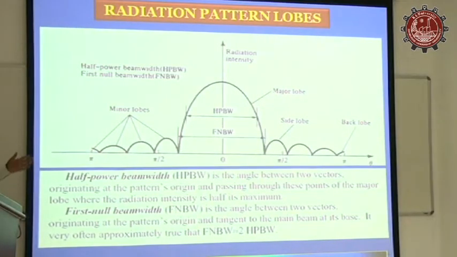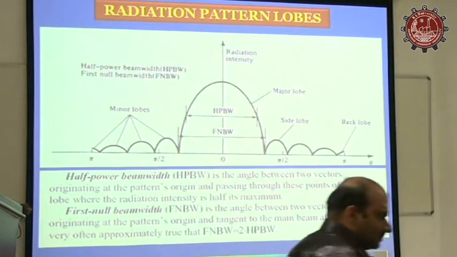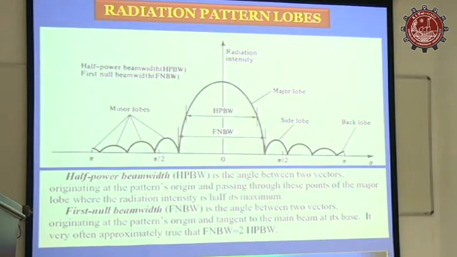So these are the basic things about how we can define the radiation pattern of the antenna. This is plotted as a function of direction. This we call the main beam. These are side lobes. This, at 180 degrees, is the back lobe. Then the half power beam width, where power falls 3 dB with respect to the peak. Then the first null beam width. These are the minor lobes.